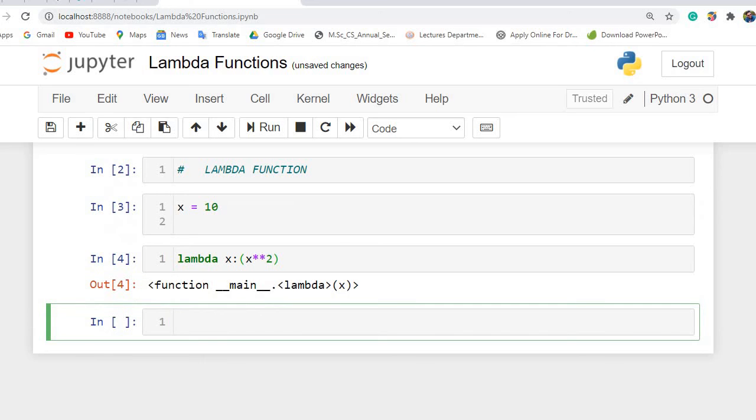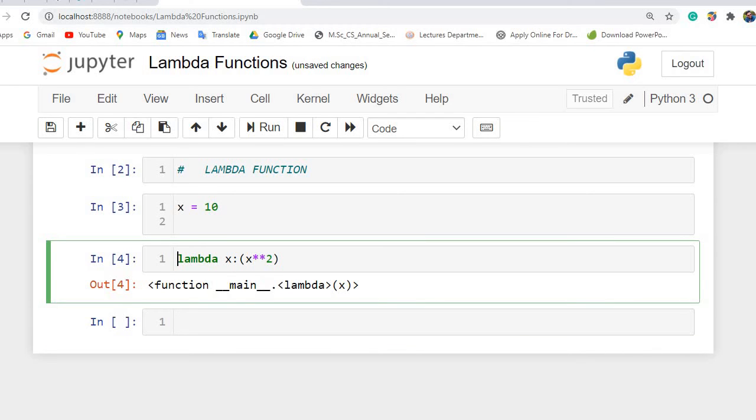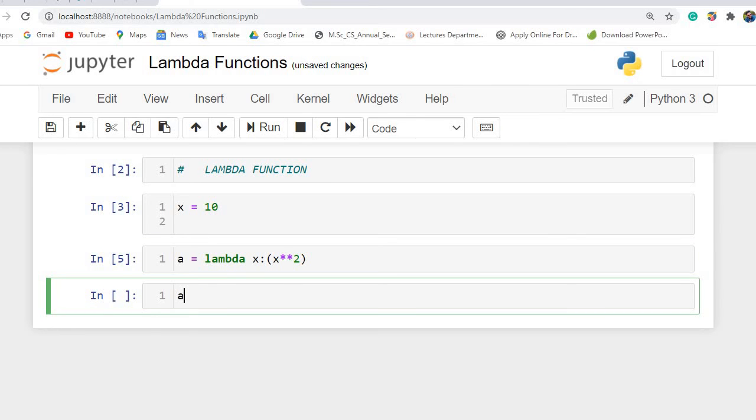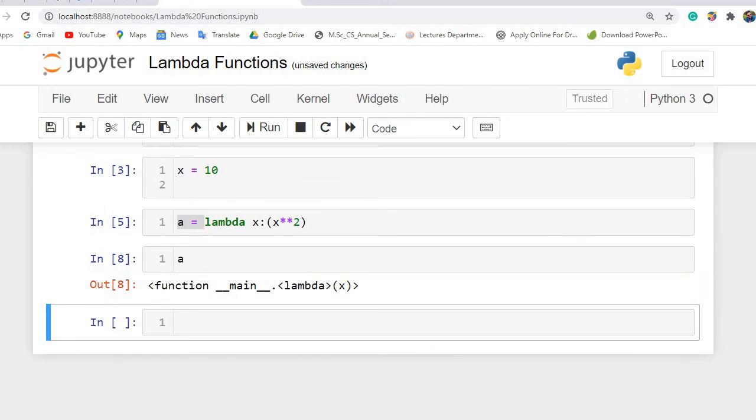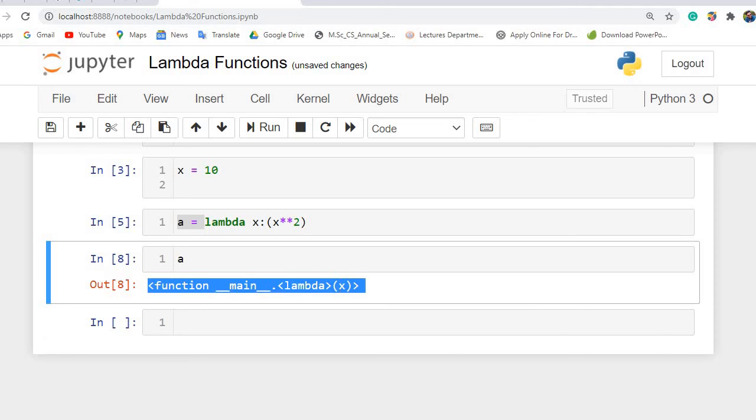Let's run it. See, it has returned function lambda. So we have to store a value here. Now we will store it in a, and let's print a. Again, I am printing a and it is returning the function to me. An important thing to remember here is a lambda function always returns the function name with arguments. See, it has also mentioned the argument x here. This is lambda and the argument here is x. Now you can say our variable a is a lambda function, or it is a special function.